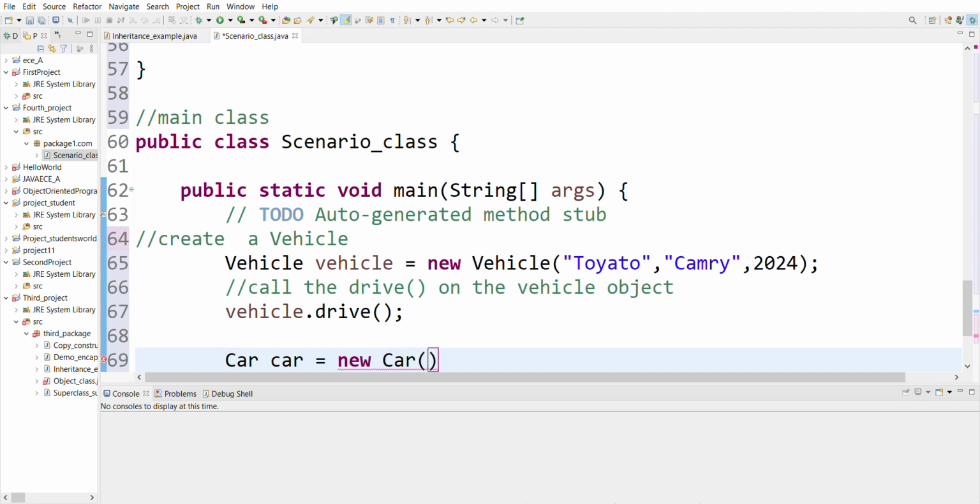I'll be giving the make as Honda, and then Civic, the model name. Next, I can give any year, 2019 is the year, and